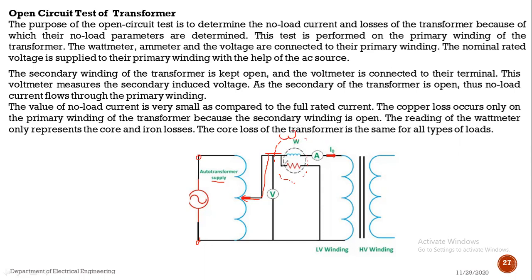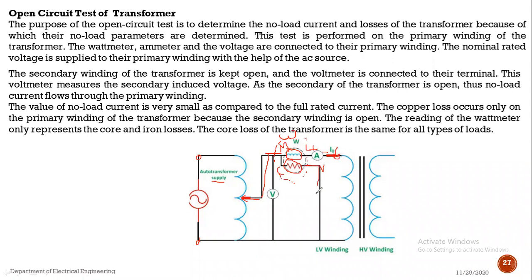Here are two coils. I have already told you, one is called the current coil, and the other is called the pressure coil, or voltage coil. So the terminals are M, L, C, V. Here MC can be shorted. L is connected to one terminal of the primary winding. Sorry, L is connected to one terminal of the ammeter. The next terminal of the ammeter is connected to the primary winding. Primary winding चे एका terminal ला connect केले.